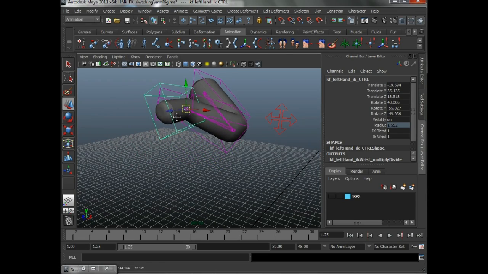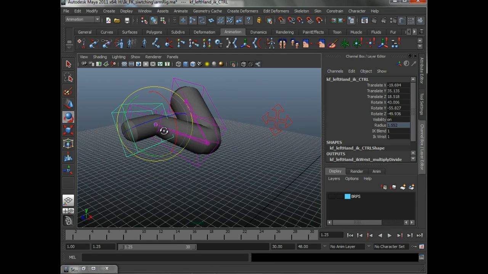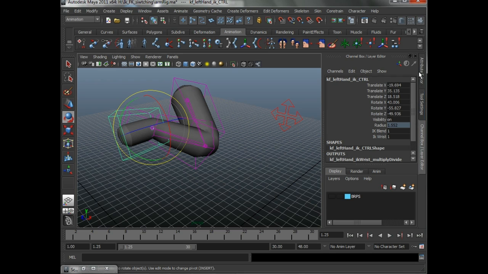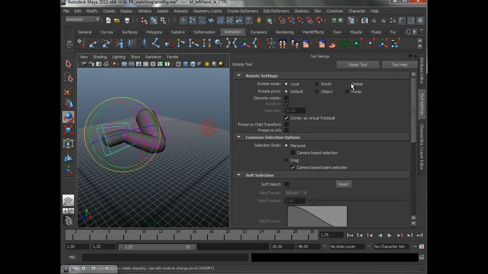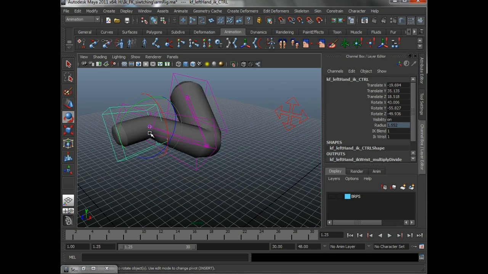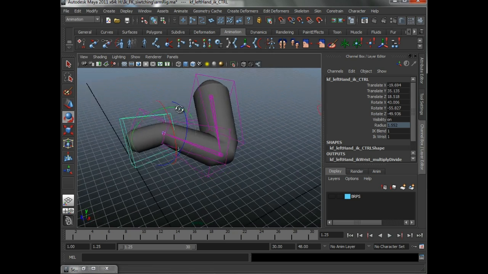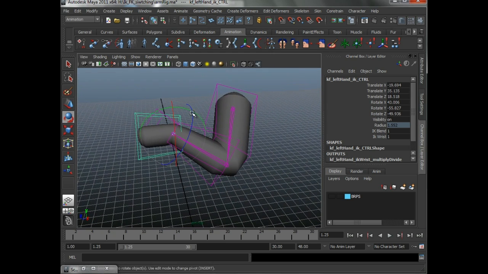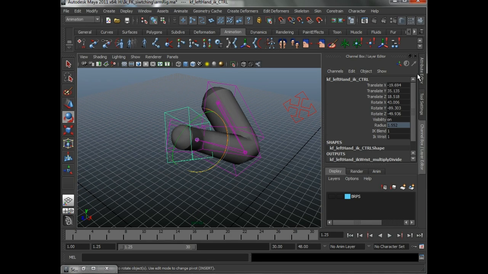Basically what happens in certain situations is that you come in here with your gimbal control, and I'm not going to go into too much detail because it's a little bit beyond the scope of this class, but you can get situations where the rotation becomes somewhat arbitrary. And of course I'm not getting it to do it now, but